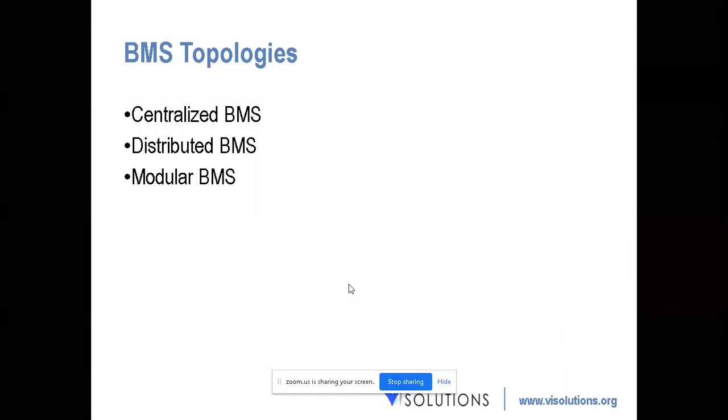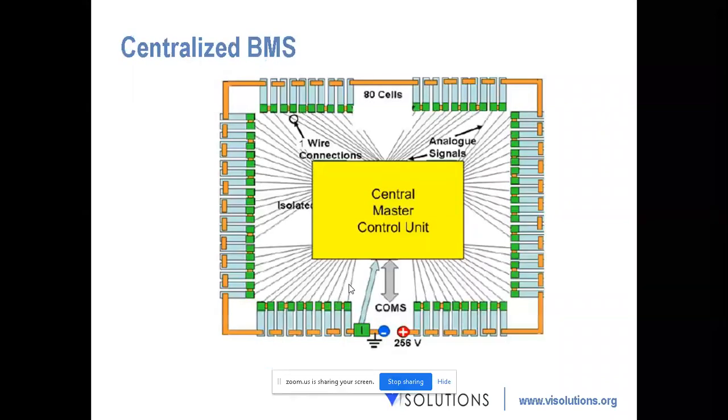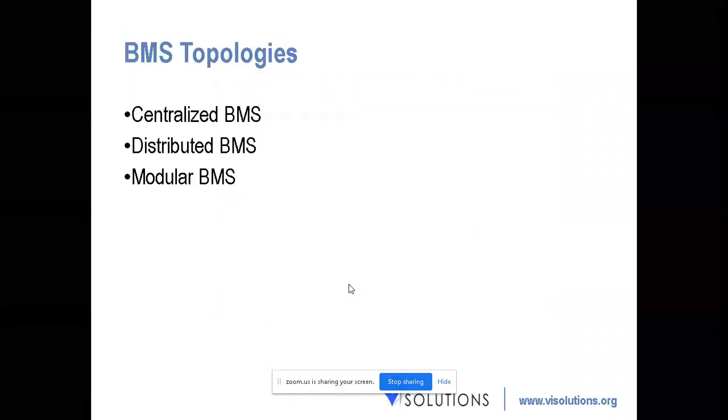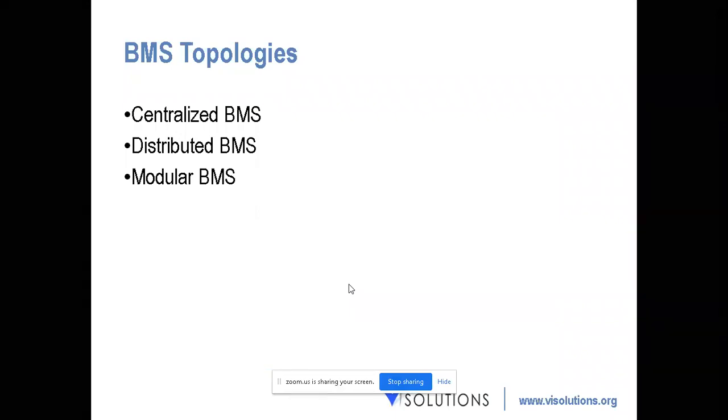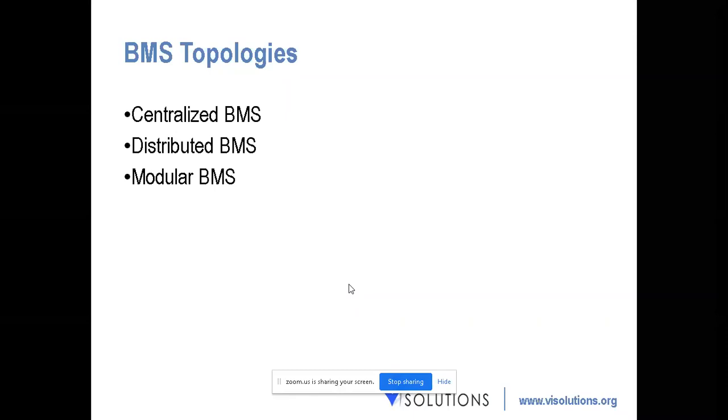And here we have the topologies of the BMS. Okay, what are the types of BMS available? You might have three types of BMS here. One is centralized BMS. Our BMS could be employed in a building or inverter, or sometimes in your electrical vehicle, or sometimes in your electrical train. Because under every train compartment you're going to have batteries. So in that case, you cannot have a centralized BMS. So it's going to be a different type.